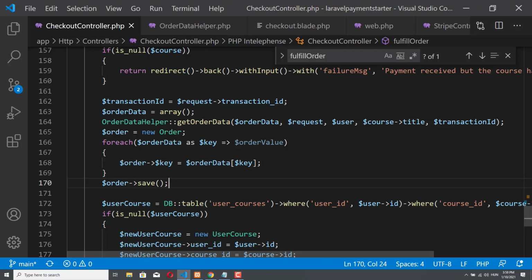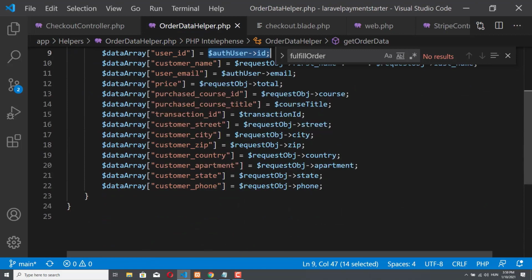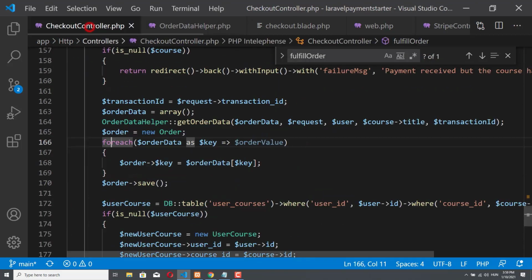Now of course you might think that it's totally unnecessary to create an empty associative array, load the data into it, then foreach it and save it into the order object, because we can just create the order object and do the same thing here. And you're right, this can also be done,